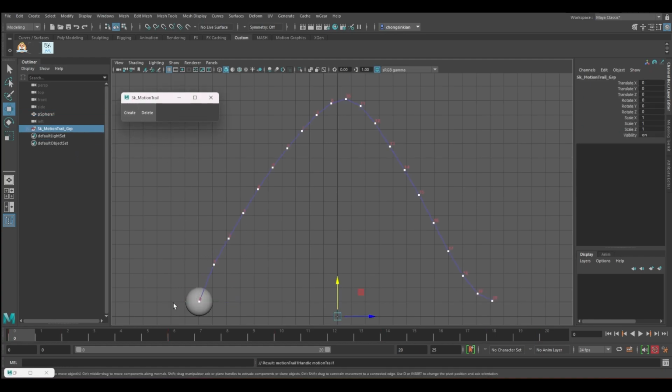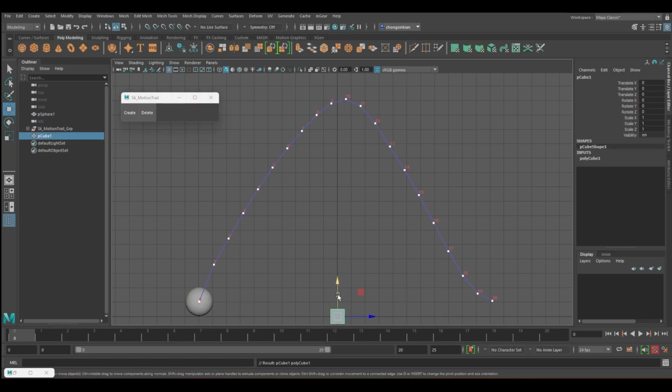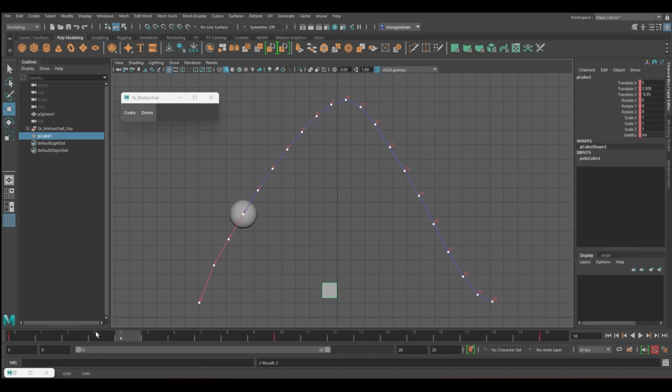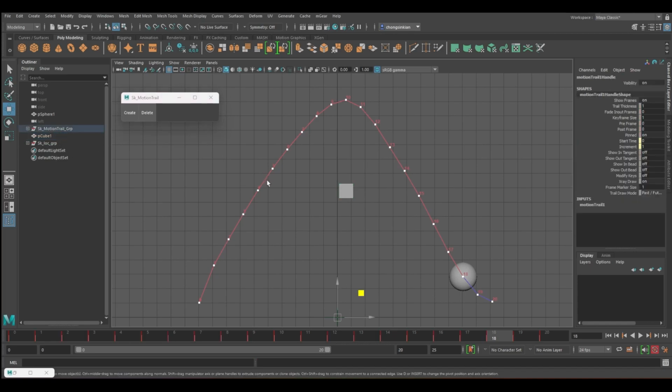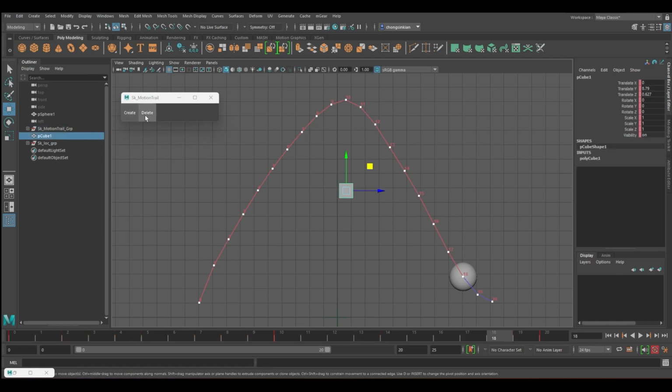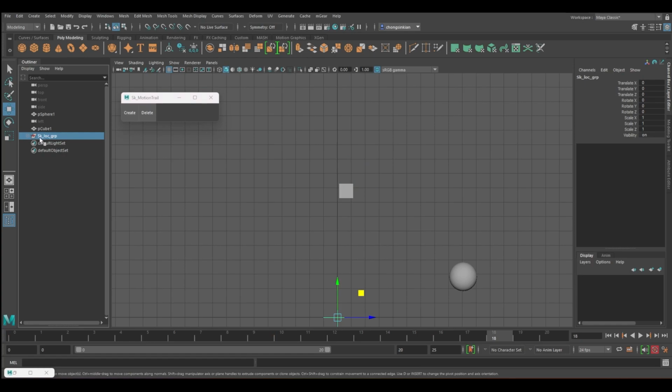You cannot create more than 1 group. So for example, if you have a cube and you want to track this cube also, if you press create, it won't show anything. Then there's an error over here, so it will only show 1 motion trail. If you need to see this cube, you need to delete the previous one and any SK group.